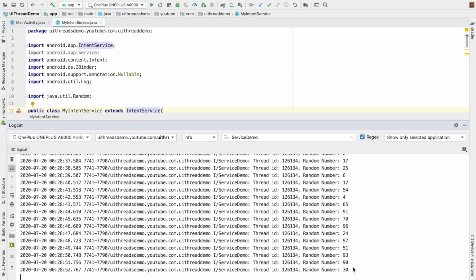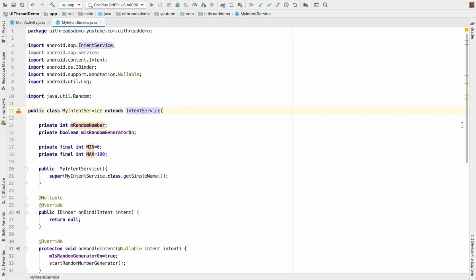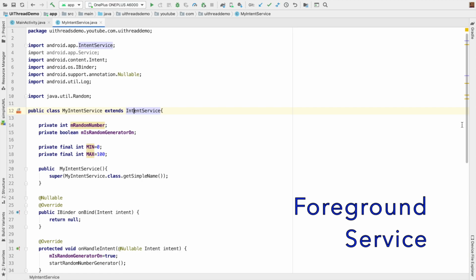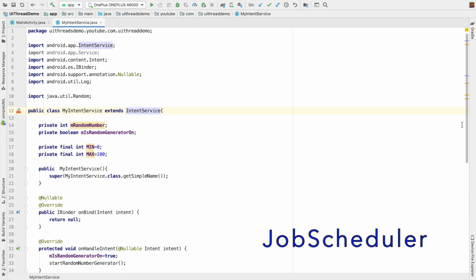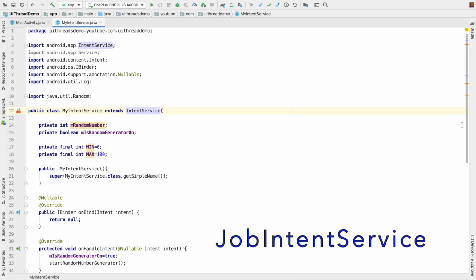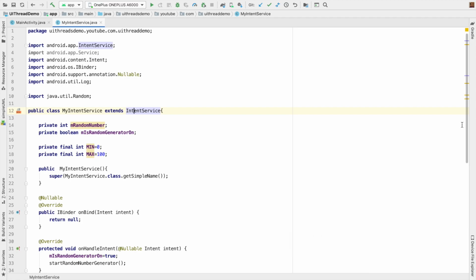So that is where a service or an intent service that we have studied so far will fail us. And that is where we need to understand the concept of foreground service, job scheduler, or a job intent service, those kind of things. Because if you want to work post Android Oreo, then you should be aware of how to work with